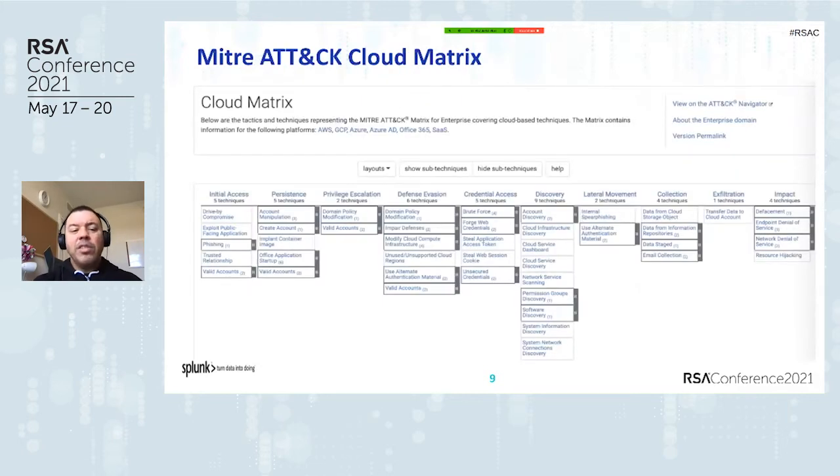So one of the things that we have been using as a referential is the MITRE ATT&CK Cloud Matrix.